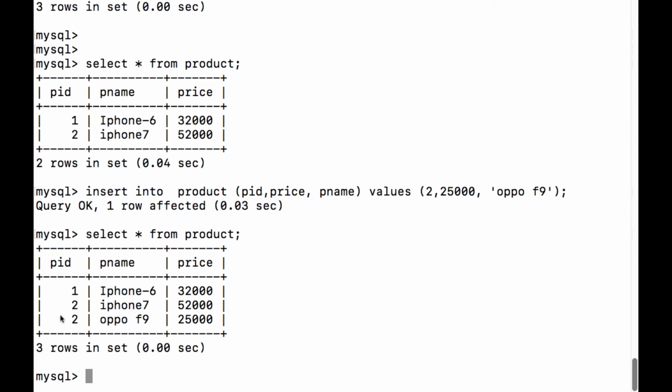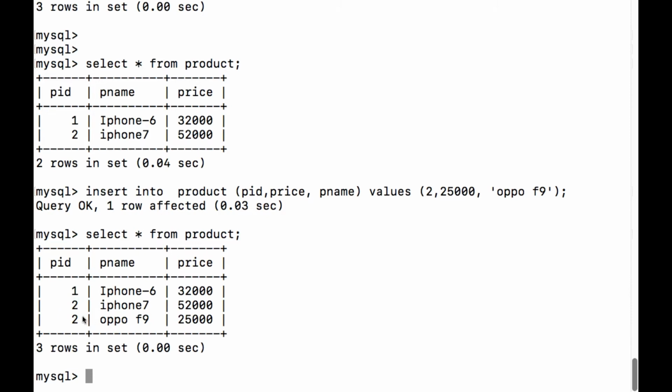Generally we need to have an ID to uniquely identify a particular record. It can be a product ID. If you want to store information about a customer, it has to have a unique ID. A bank account has a unique number, or for a student record, a student roll number or some information should be there to uniquely identify a particular entity or record in a table. Here we could insert two rows with the same ID.